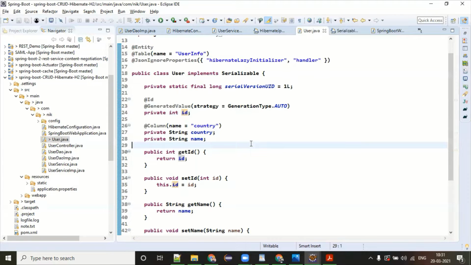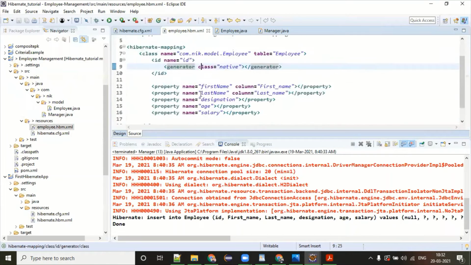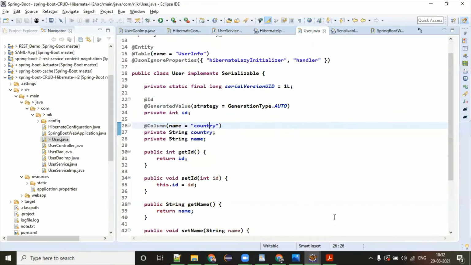So each class which is saying that I'm an entity, you have to give the name here. Let's say you have some view, so you have to give that view name. You have some procedure, then you have to give the procedure name. So there's a lot of things. Okay, now since we have defined all the mapping information in this Pojo class, you don't need to have this class in Hibernate now. All the information of this class has moved to the Pojo class.